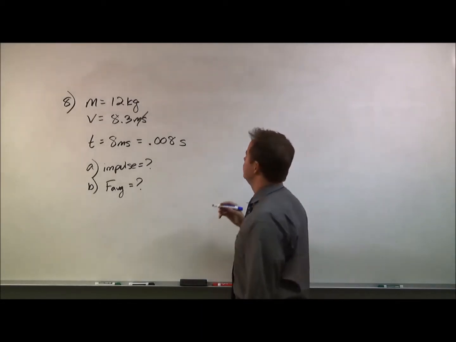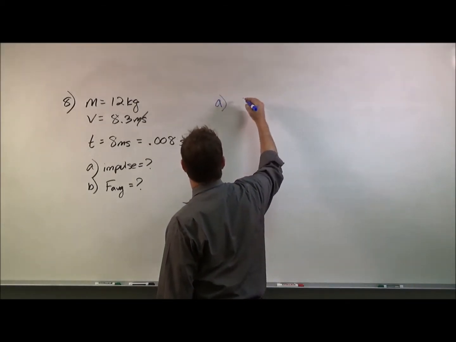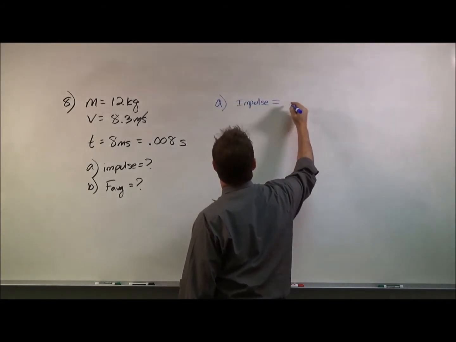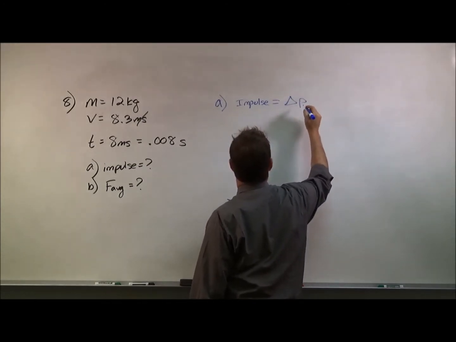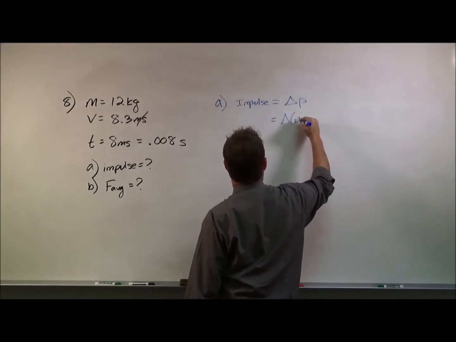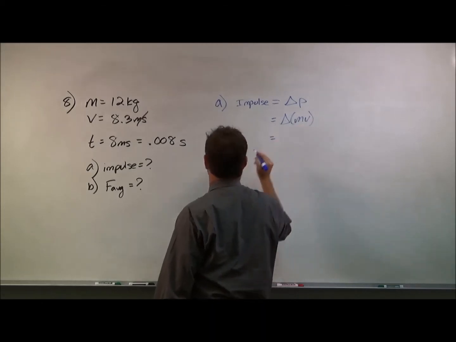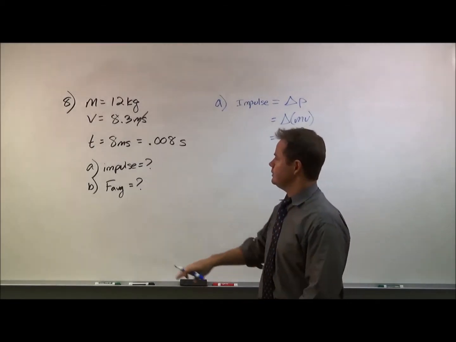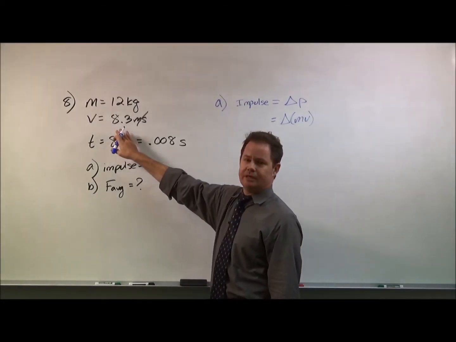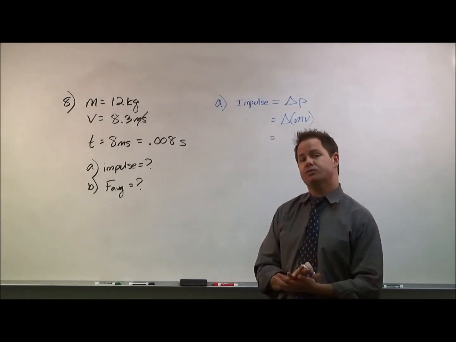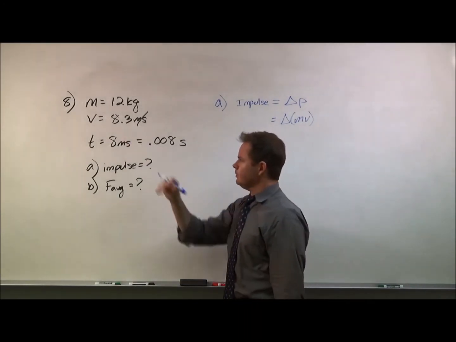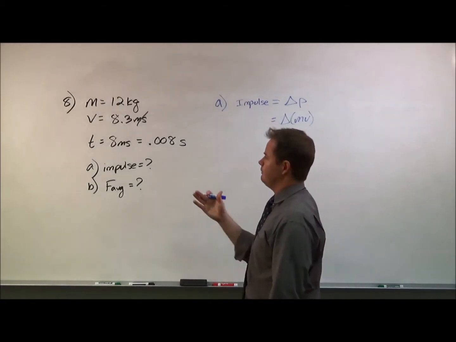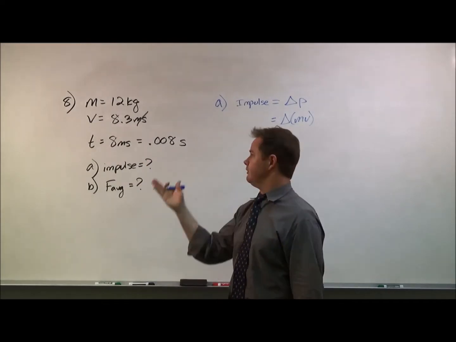Now for impulse, for part A here, your equation for impulse is equal to your change in momentum, which is your change in mass times velocity. The easiest way to calculate that is to look at your final minus your initial. In this case, your final velocity is going to be 0 because it's coming to rest. So your final velocity was 0, which means that part will actually cancel out of your equation. And you'll have basically 0 minus 8.3, which is negative 8.3, times